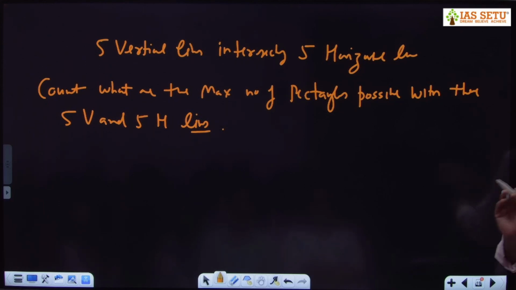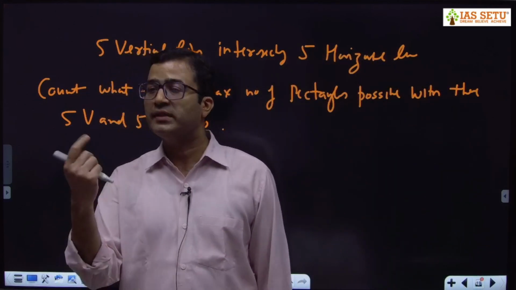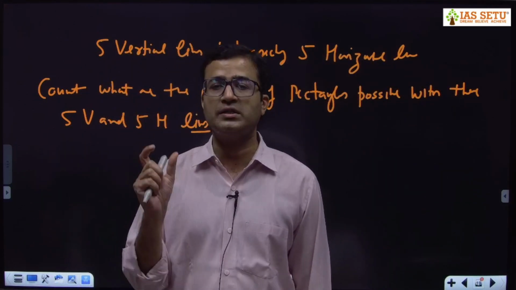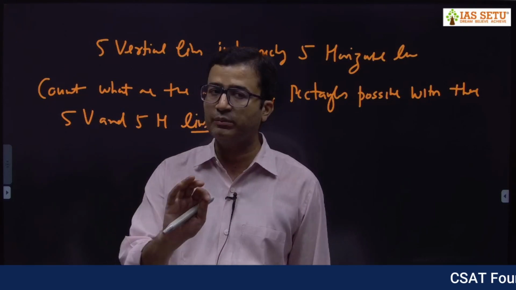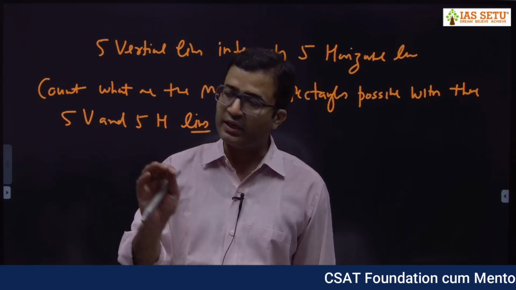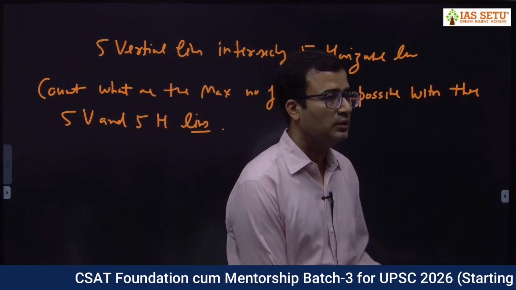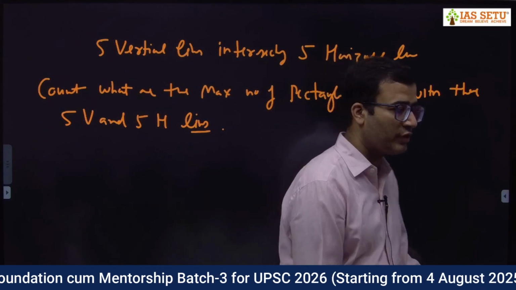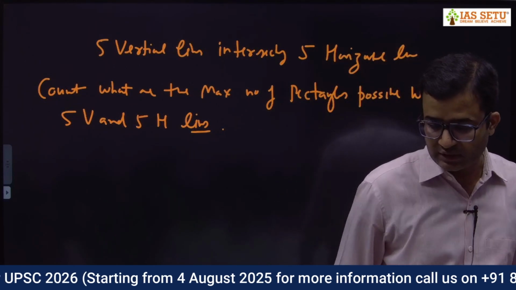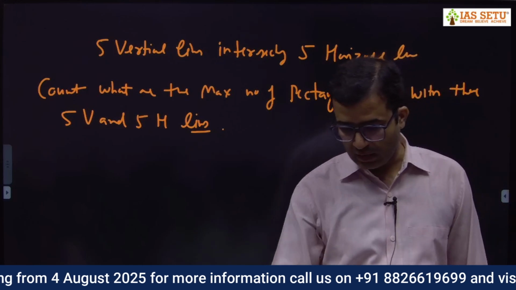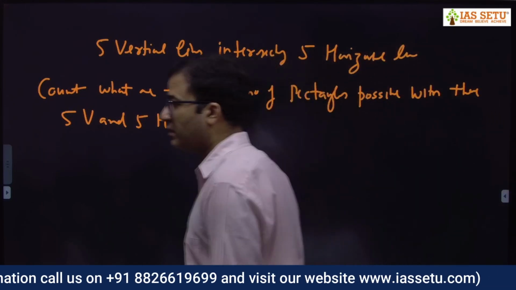There is a doubt of online students, sir, how do we come to know whether we have to find squares or rectangles. That is the responsibility of the examiner to ask. The examiner will not leave that question out. The examiner will say simply and clearly whether you have to find rectangles or squares. It will be written in the question, otherwise the question is incomplete. Yes, what is your answer? This one has a different answer, 150. Okay, I heard. 225, 100,